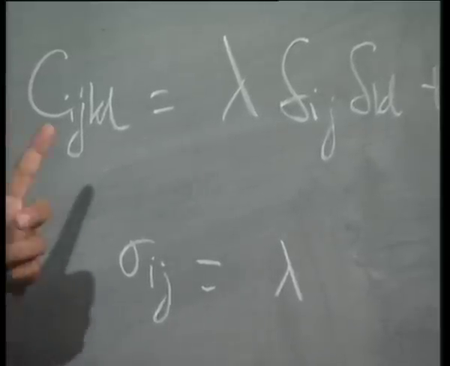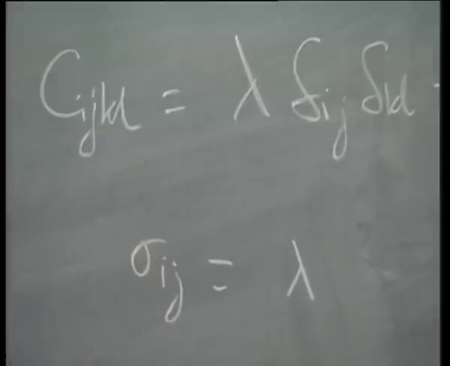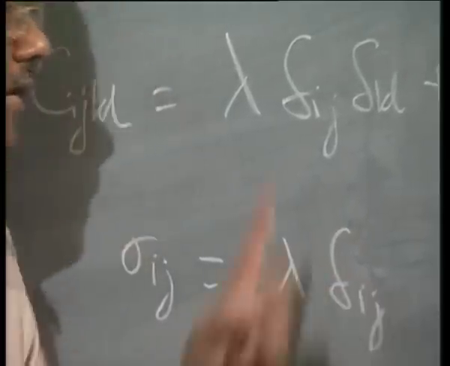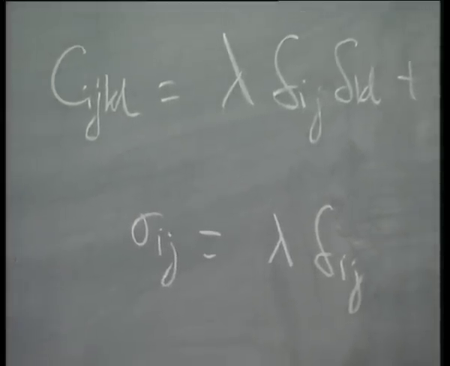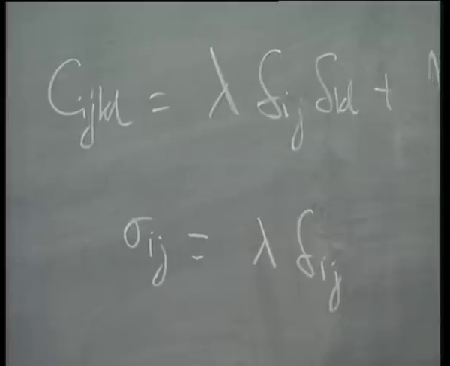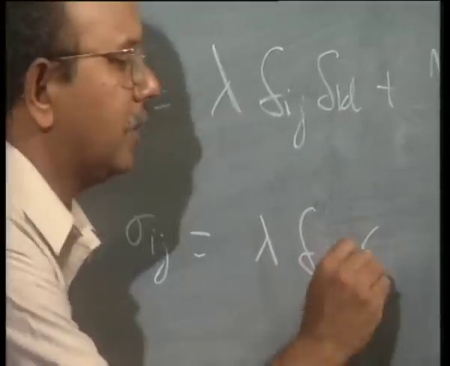What happens to delta_ij? That remains, correct, that is all. Delta_kl epsilon_kl becomes epsilon_kk. Beautiful. So lambda delta_ij epsilon_kk